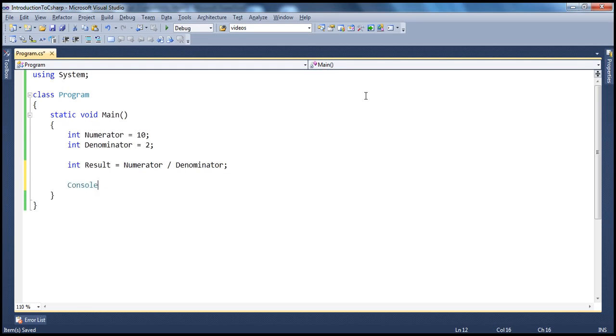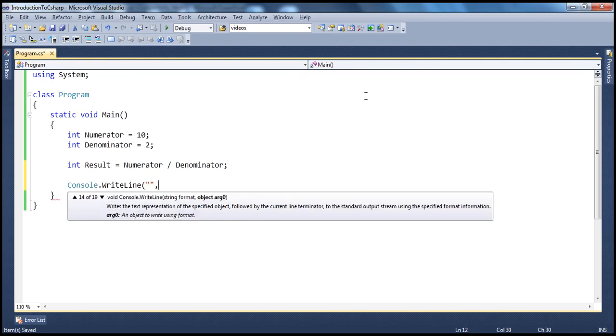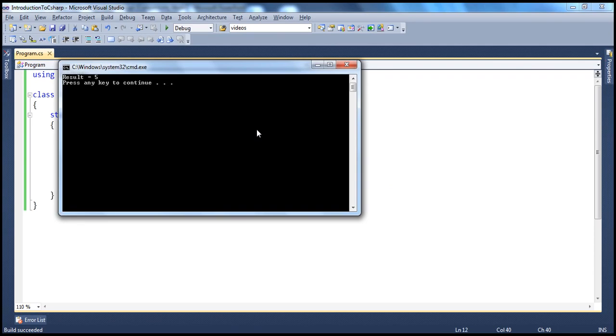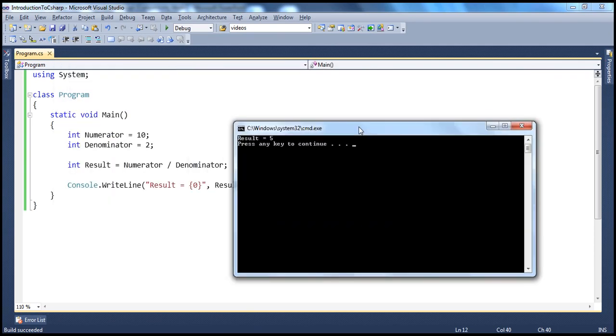So if I print this result out, Console.WriteLine, and let's use the placeholder syntax to print that, result equals result. Okay, so now if we go ahead and run this,